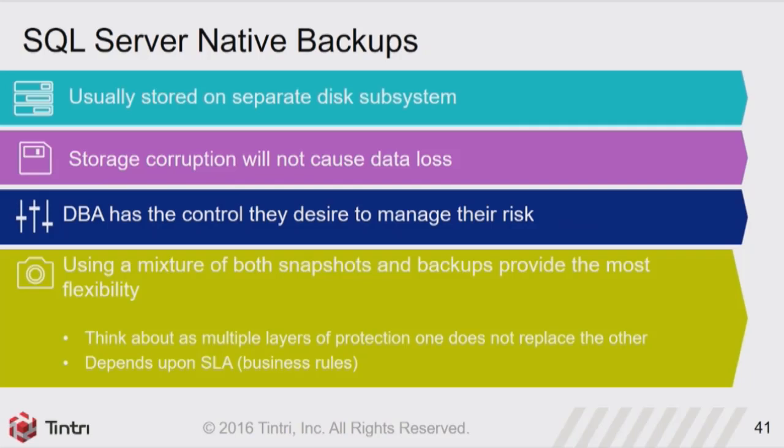All right. SQL Server backups again, so more of it. Usually stored in separate disks, different subsystems. One thing I make sure of is that you push your backups to a different place. My favorite story about this is a customer that did backups using a backup media server. The backup media server was using the exact same set of spindles as their production server. The SAN went down. They said, let's bring up the database again. I'm like, okay, your backups are in the same place where your production is at. We have no copies. So if you cannot get your SAN vendor to fix your SAN, you have no company